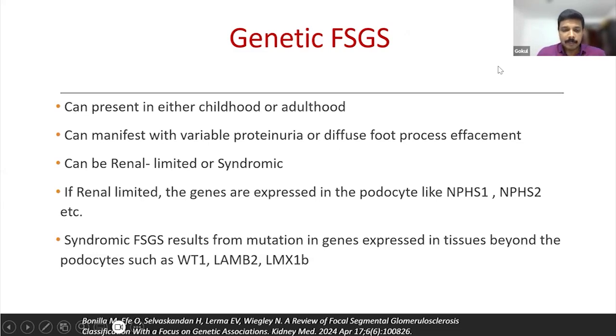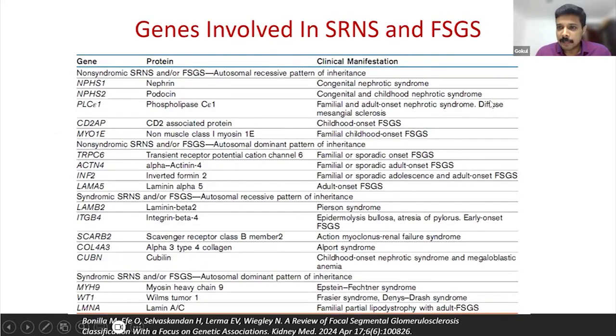If it is renal limited, the genes that are expressed in the podocyte, like NPHS1, the nephrin gene, or the podocin gene, are involved. But if it is a syndromic presentation, it usually results from genes expressed in tissues other than the kidney, other than the podocyte, like the WT1 gene, LMP2 gene, and LMX1B gene. So these are some of the genes which are involved in FSGS. I'm not going into detail, just to look at the syndromes,